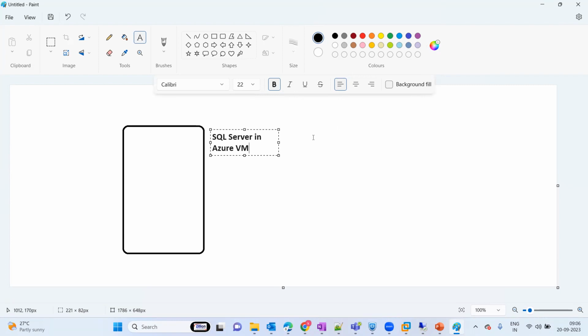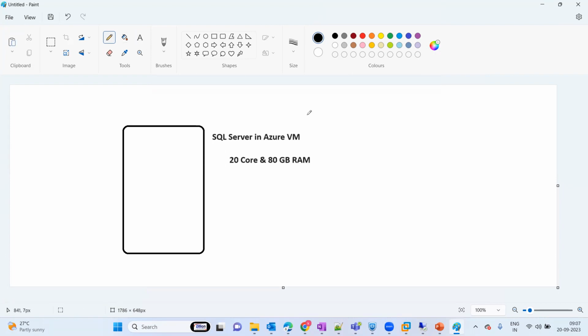So you have an existing on-premises setup or an Azure VM, so SQL Server in an Azure VM, right? That we can discuss. So you have configured a VM like this: 20 cores and 80 GB RAM. Now the point is, you have installed SQL Server in this VM, and you observe that